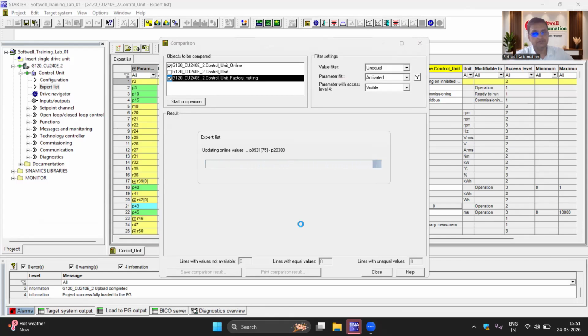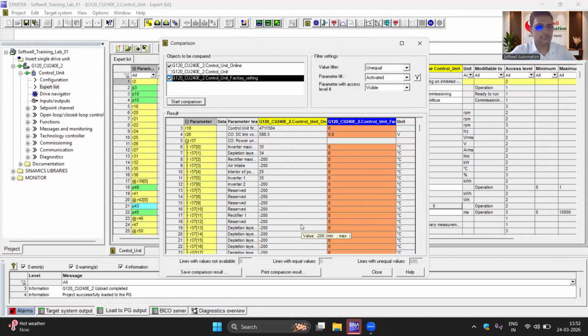Suppose you want to learn the existing parameters of your plant. Suppose you have five different applications, and you want to study, for example, a regenerative drive already in your plant, also a general purpose drive, also crane applications, conveyor applications, fan and pump applications. So just go online and compare. And then after comparing, study this data for the future. If you want to commission the same type of application yourself.